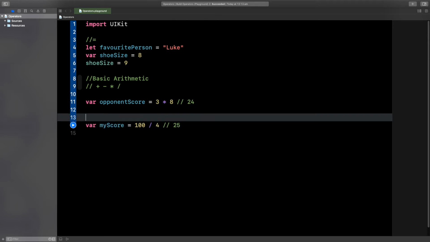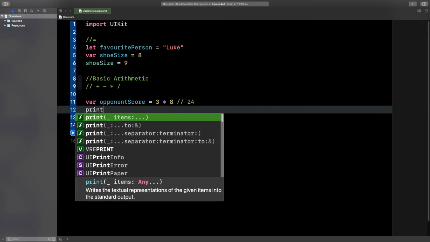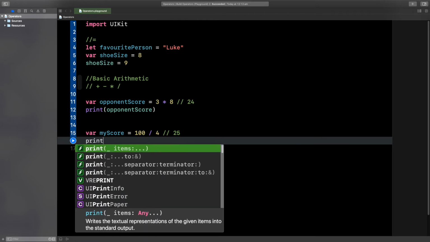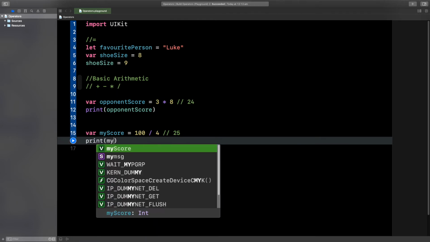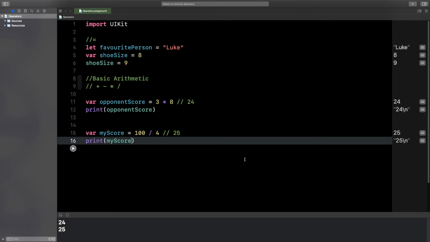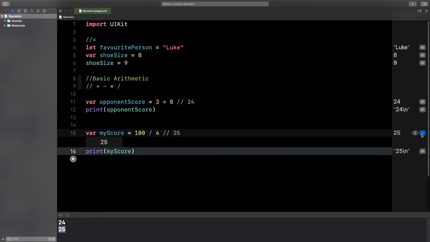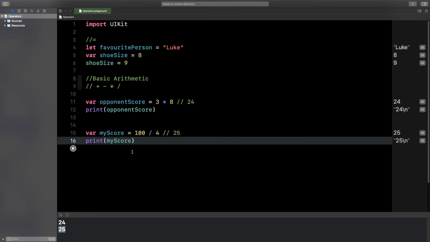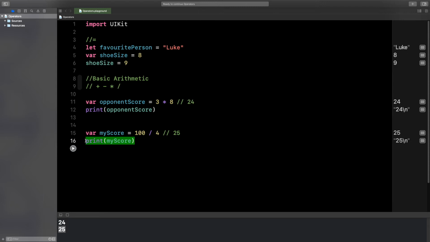We can go ahead and print it very easily by simply typing print and then typing in opponent score, and coming over here and saying print and then my score. Let's go ahead and run this and see what happens. Perfect. As you can see, we get the value 24 for the multiplication and we get the value 25 for the division. We can also see it here, and remember, we can click on this to view it or click on this to always have it printed or displayed over here, but I don't want that. Okay, cool. So let's go ahead and remove our printing statements